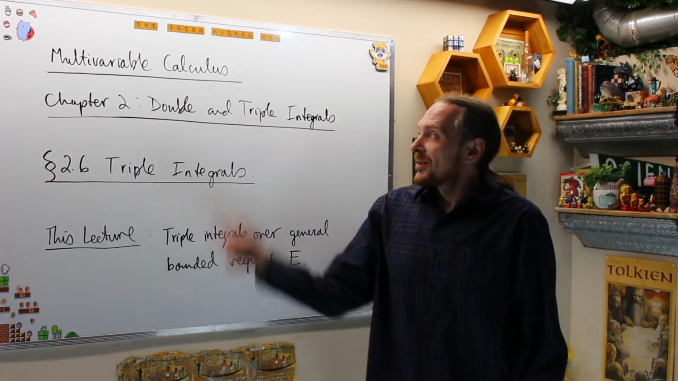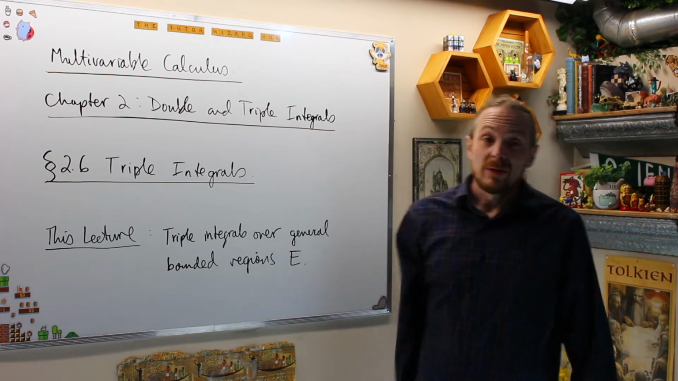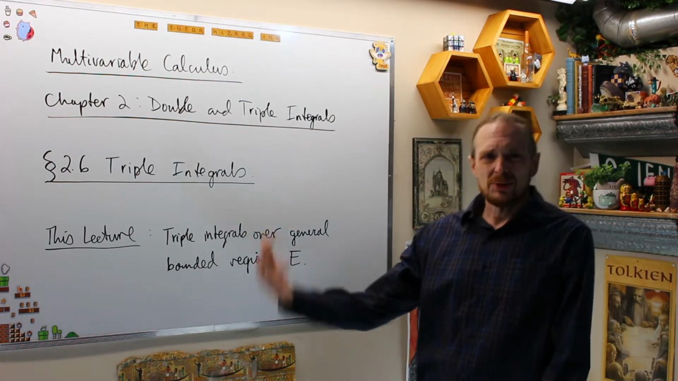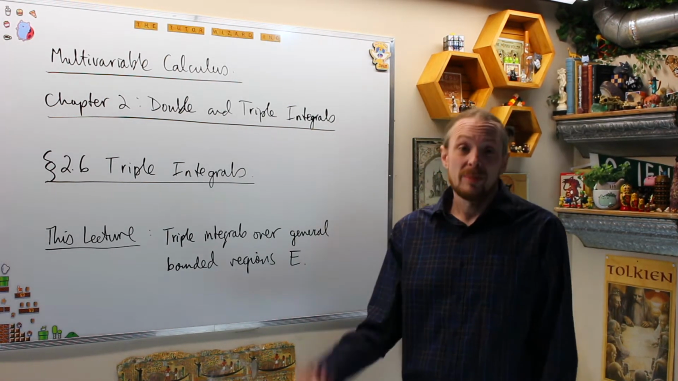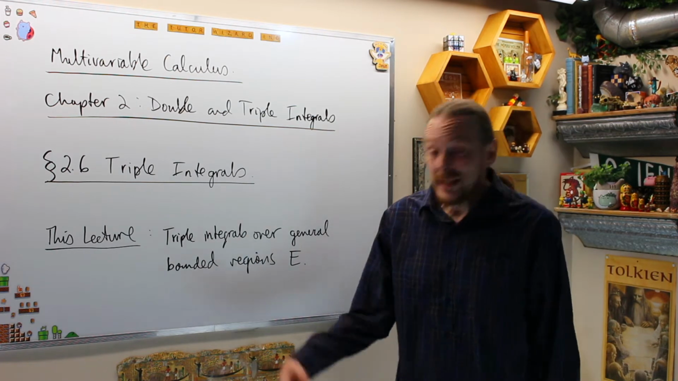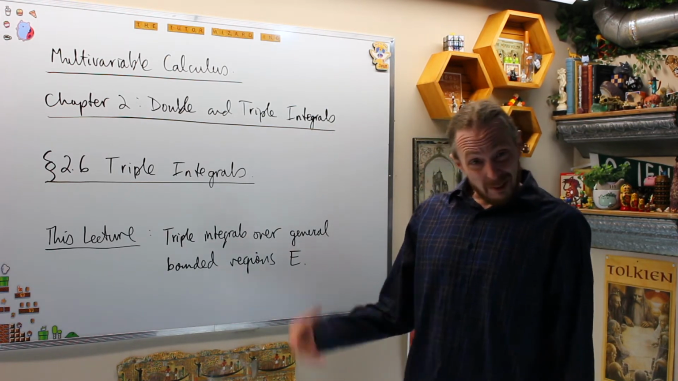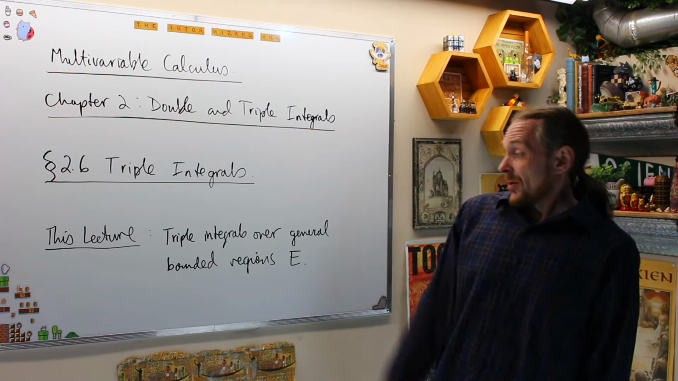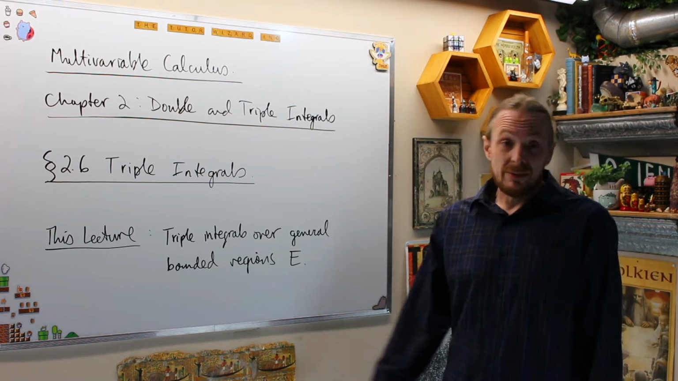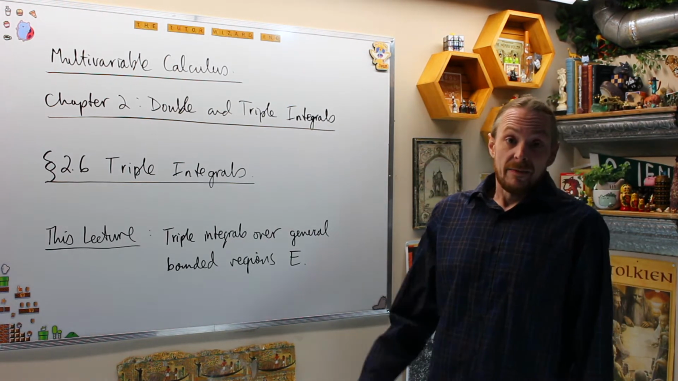Today what we're doing is multivariable calculus. We're in chapter 2, which is double and triple integrals. Section 2.6 specifically is now doing triple integrals. Last time we did Fubini's theorem for triple integrals over rectangular boxes. This time we're going to do triple integrals over general regions E, and then we have 6 cases,